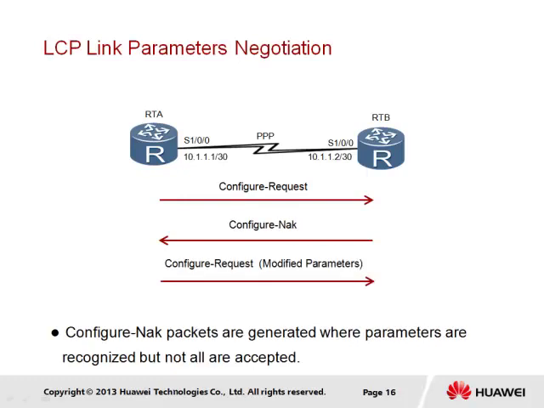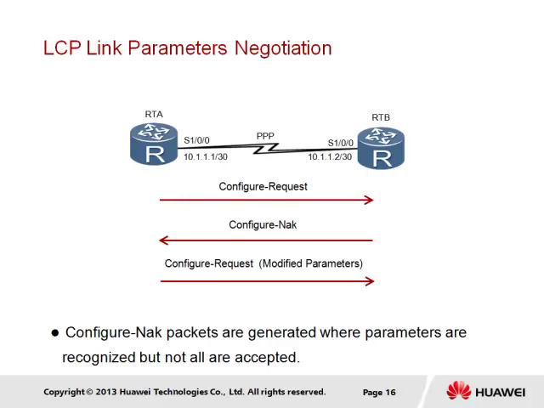We can also consider the situation in which a configure request packet is sent for negotiation of parameters, which includes parameters that are recognized by the peer but not accepted. In such instances then, a configure NACK packet is returned to the sender to notify of this, and will typically contain parameters that may be used by the sender as part of a configure request packet that will allow a configure ACK packet to be generated.